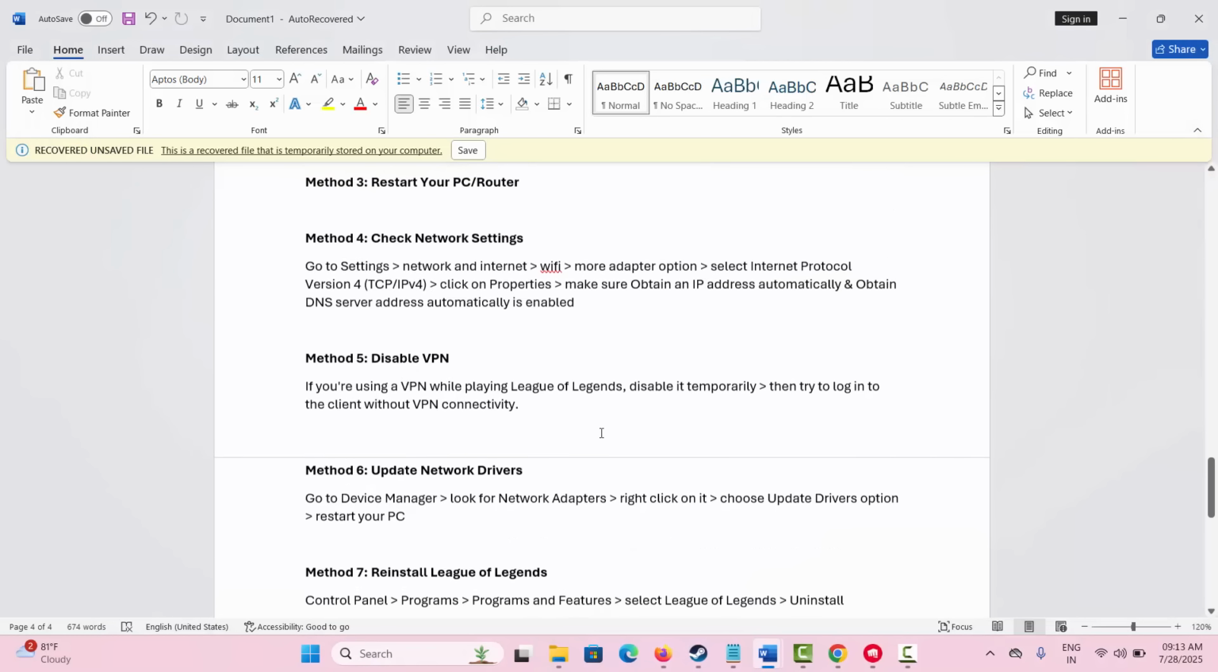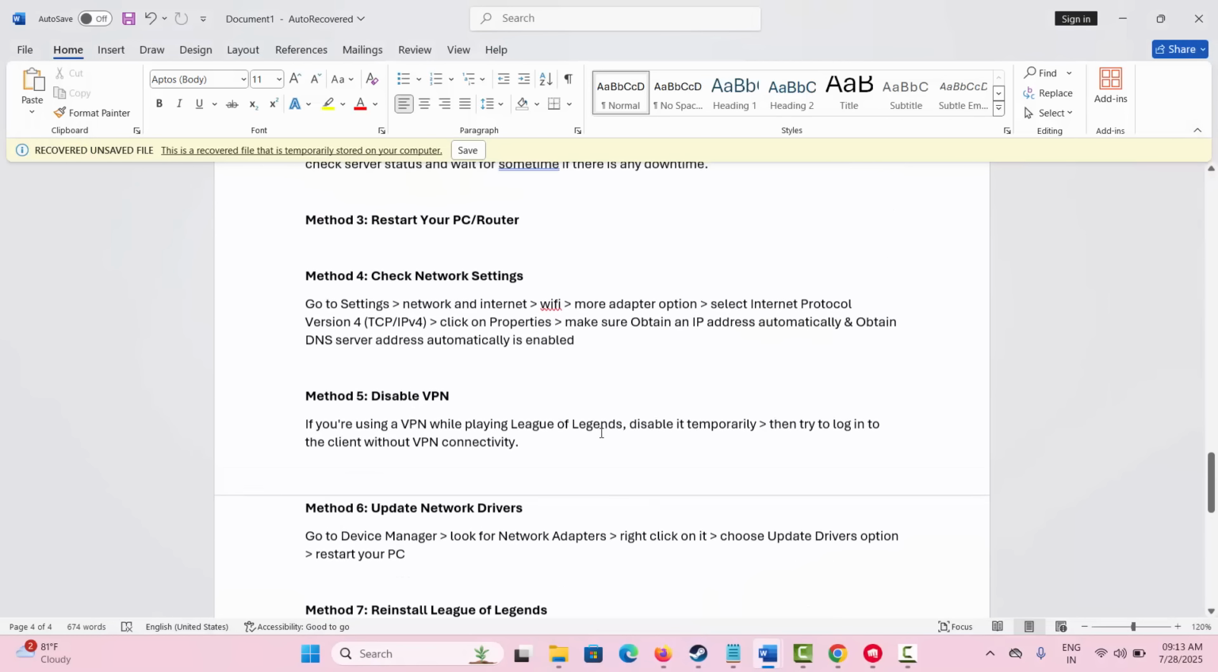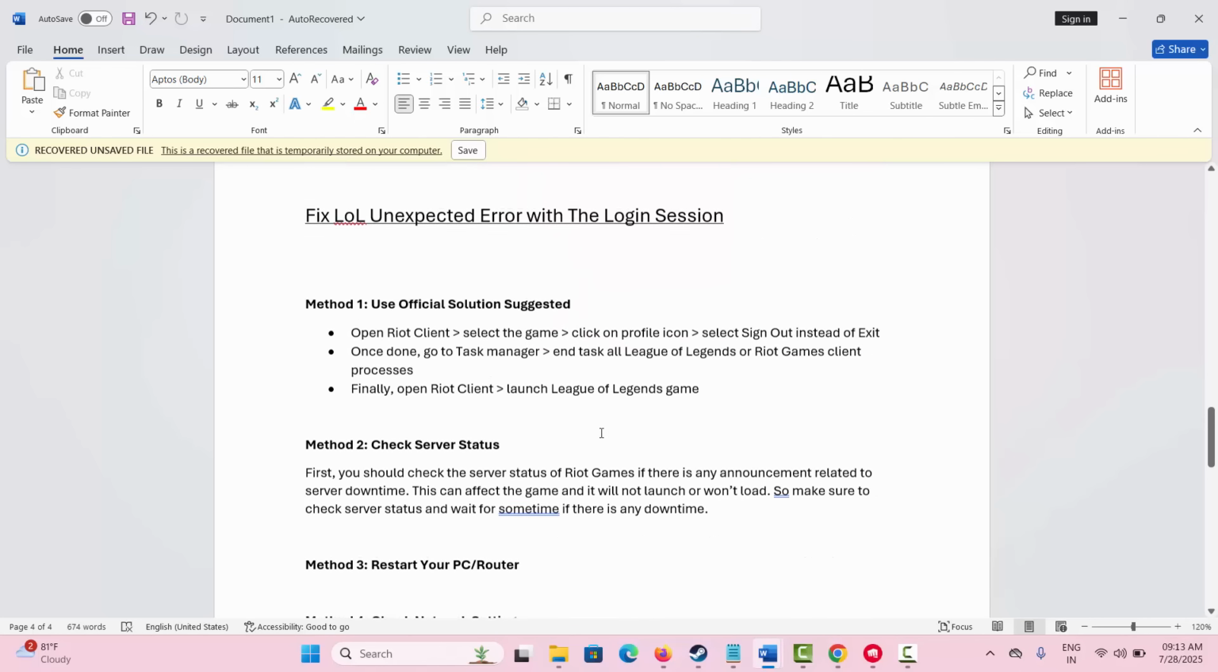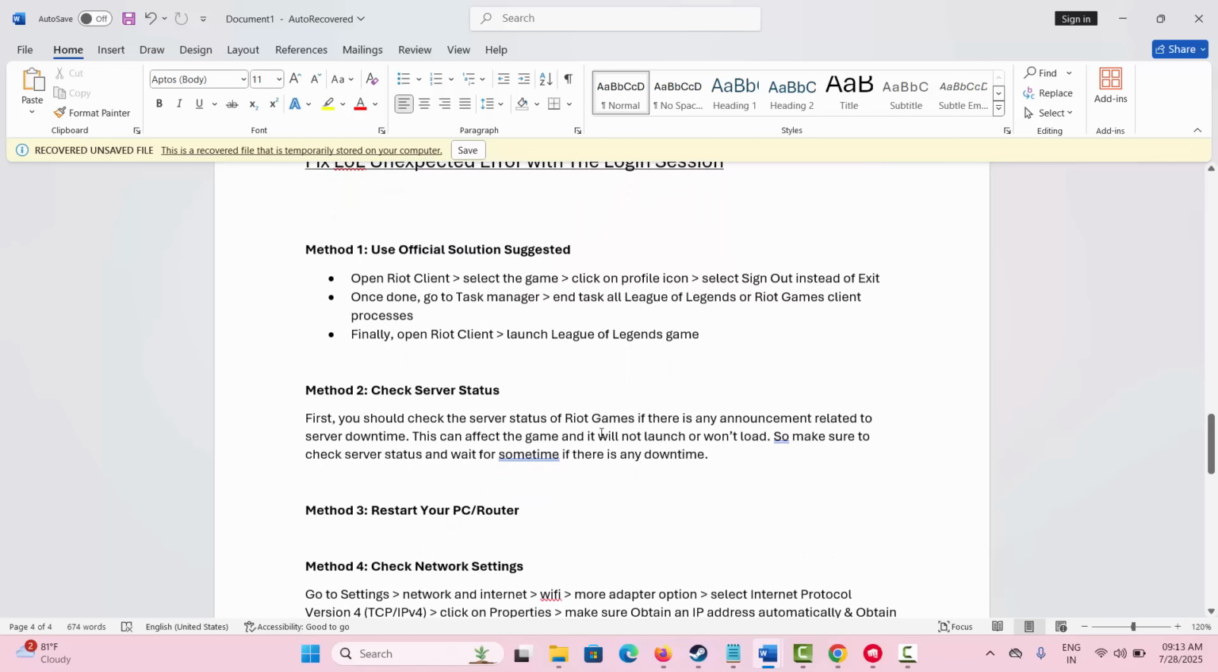So all these are the best solutions suggested to fix the unexpected error with the login session while playing League of